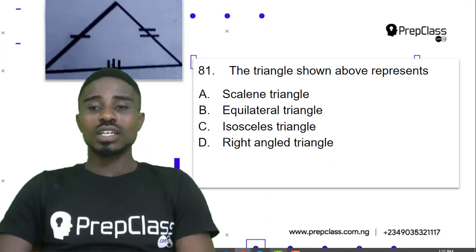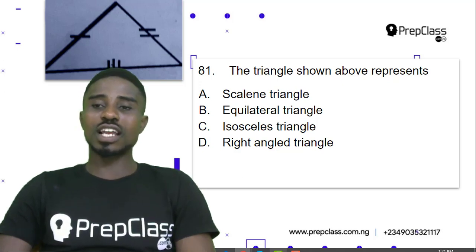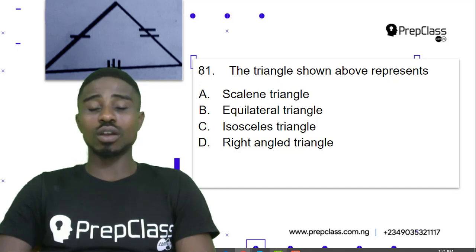Question 81. The triangle shown above represents A. Scalene triangle, B. Equilateral triangle, C. Isosceles triangle, D. Right angled triangle. For us to carefully select the correct answer, we would analyze all of the options and see which one best